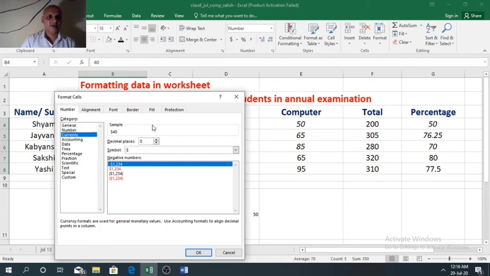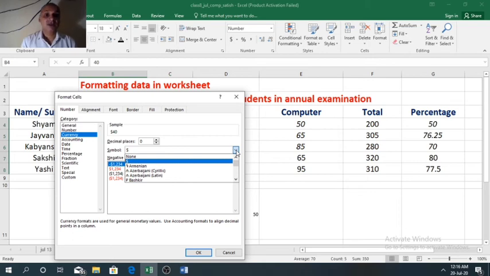Again in the currency, if you want to apply rupee symbol, in the symbol text box, select the arrow. Here you have to search the currency symbol of different countries. See where is the rupee symbol.